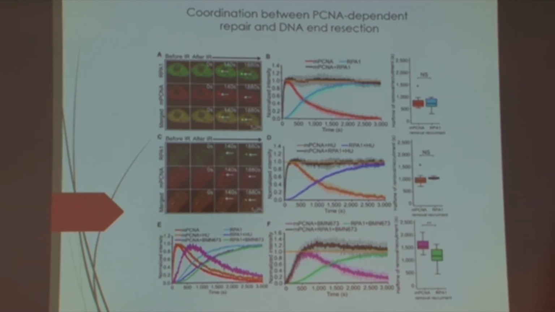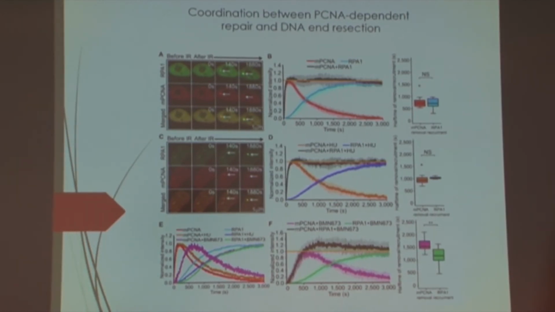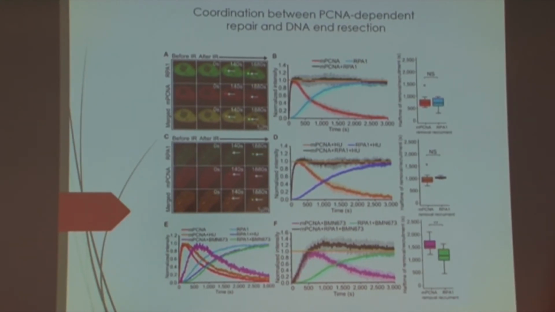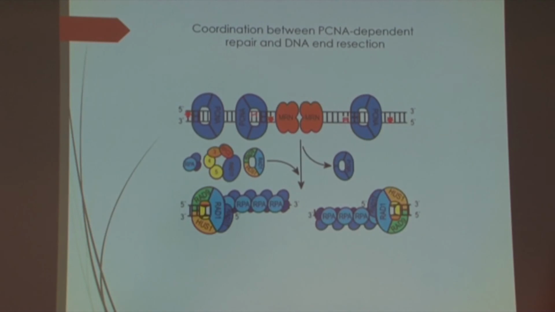To check if there is some function behind this, we put hydroxyurea to diminish DNA synthesis and to delay the removal of PCNA. But even in this case, the recruitment of RPA is also delayed, and the synchronization between these two processes continues,